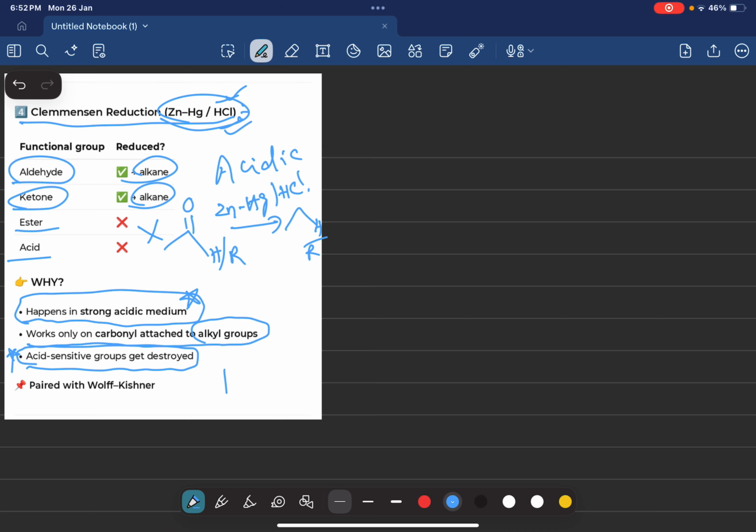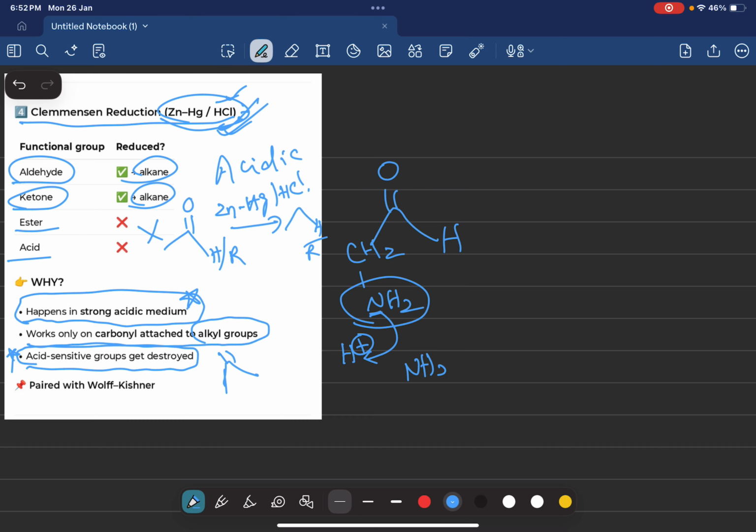Suppose you take an aldehyde, C double bond O H, with CH2 NH2 attached. So NH2 is an acid sensitive group, students. What it will do is take H plus ion from the acidic medium, whichever we are using, HCl. This NH2 accepts H plus and becomes NH3 plus, because the reaction happening between them is an acid base reaction. Because of this acid base reaction, the strong acidic medium will be diluted. Because of the dilution, the strong acidic medium is neutralized and becomes a mild acidic medium, which won't support